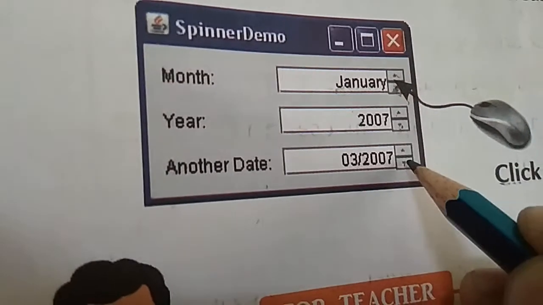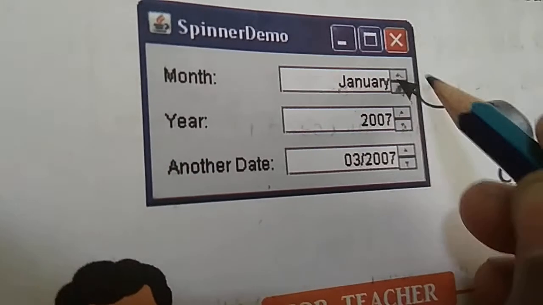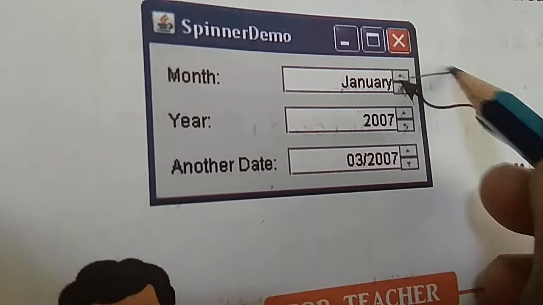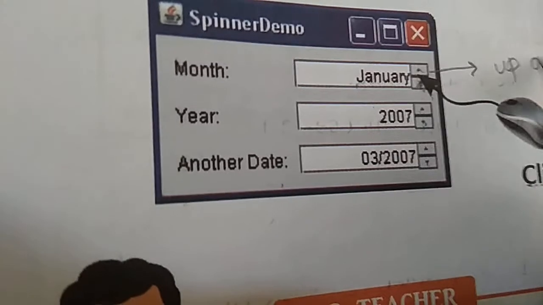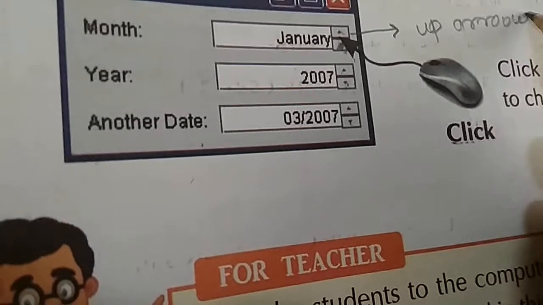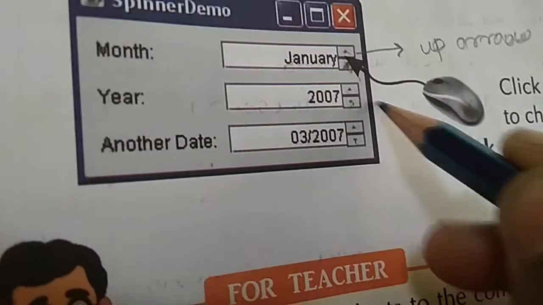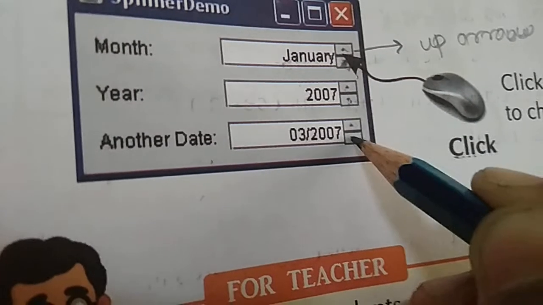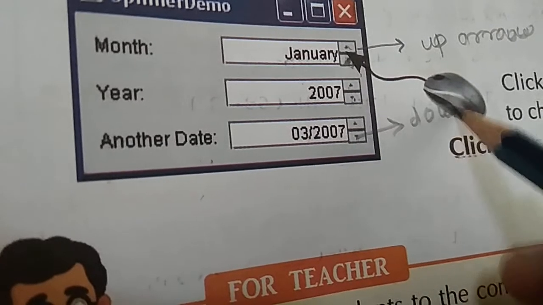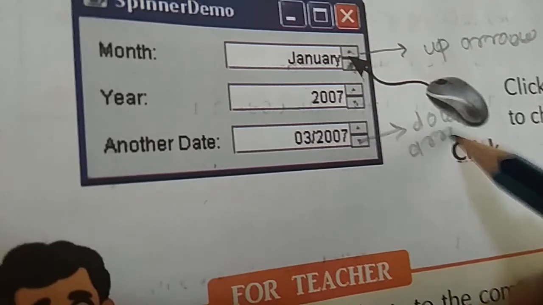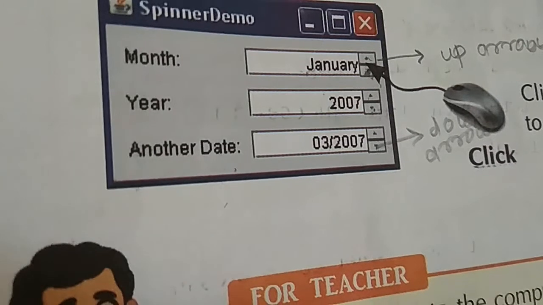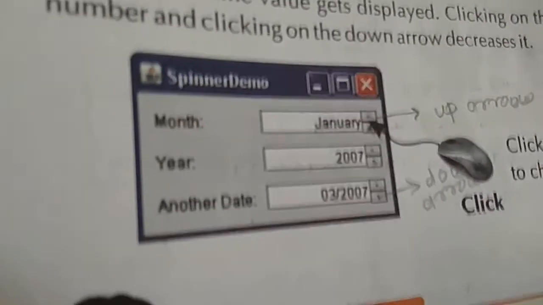This is an up arrow and this is a down arrow. That is the spinner.